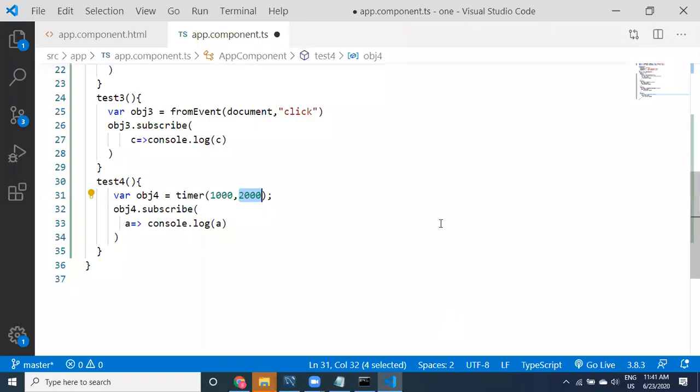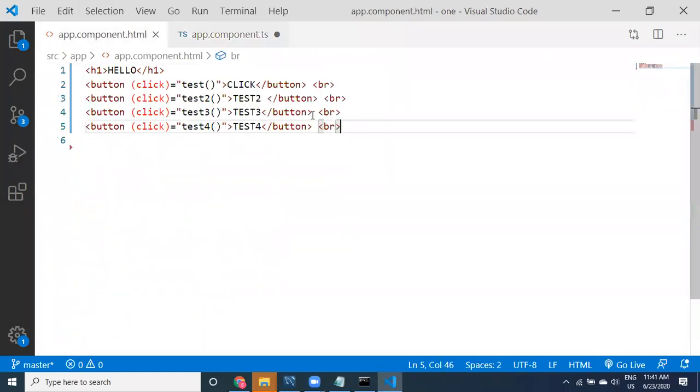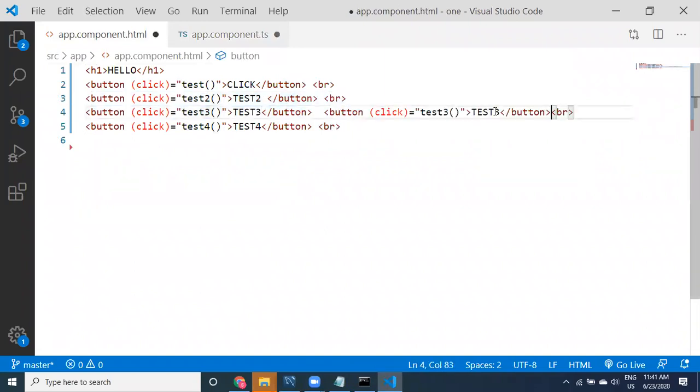If you want to stop this, what you need to do is, now I'm going to take another method, test 3 and test 3 stop.